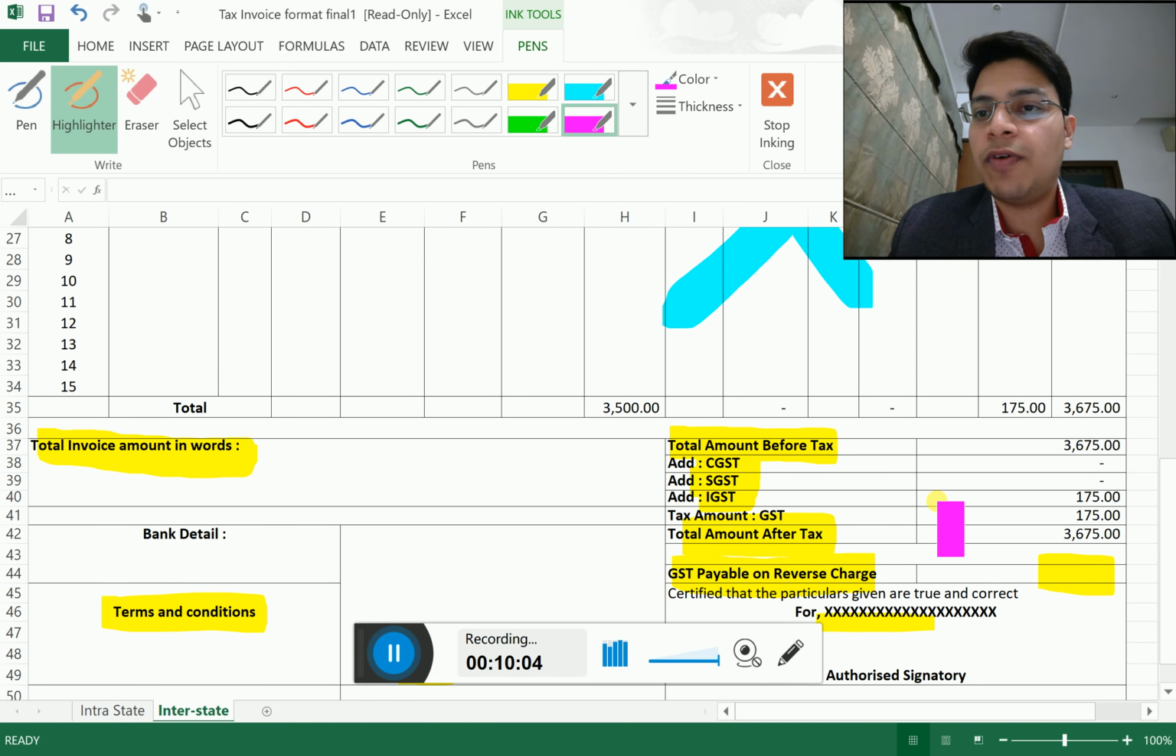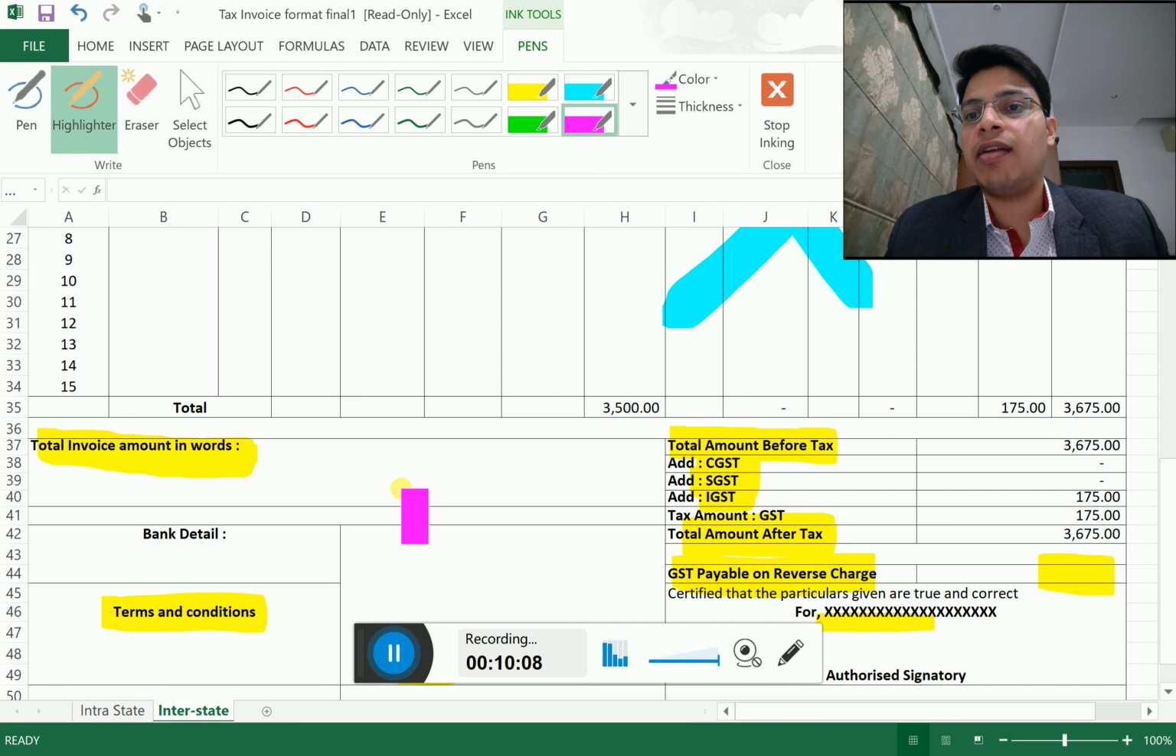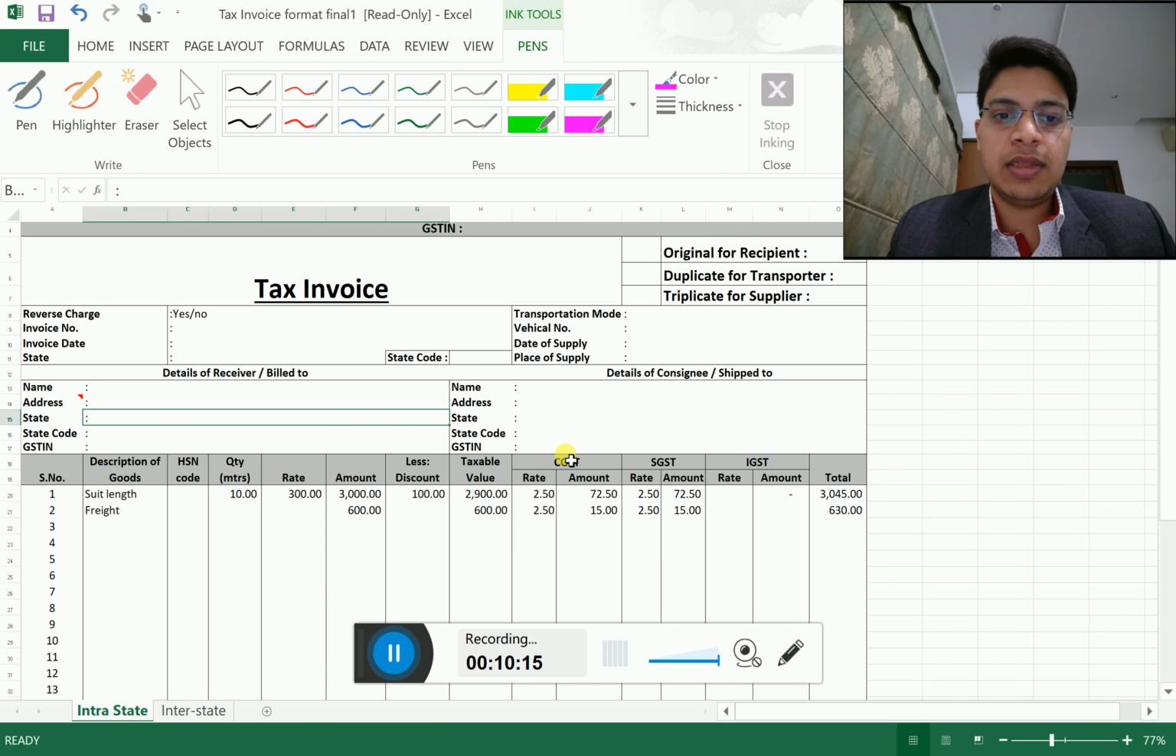and the rest will follow as it is. Suppose you are supplying intrastate. Intrastate means you are situated in Telangana and your recipient is also situated in Telangana. Then everything will be same. The minor difference would be,